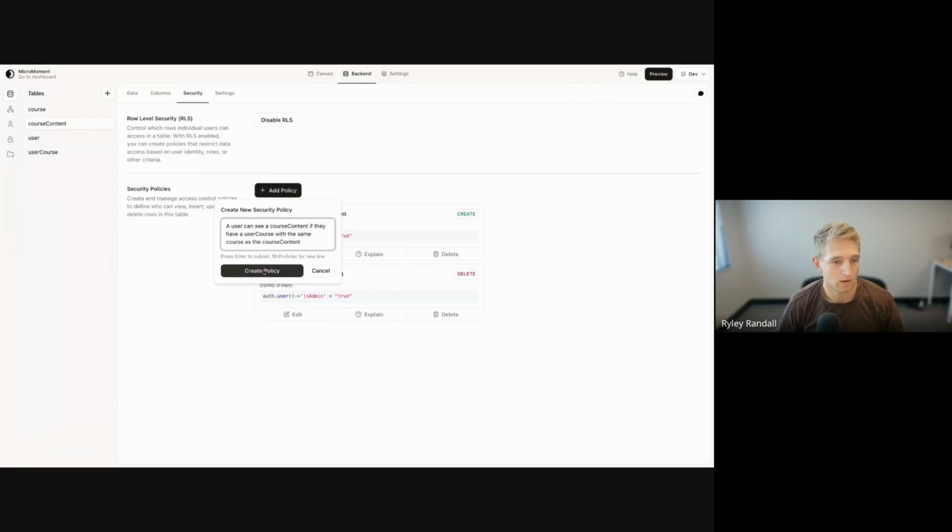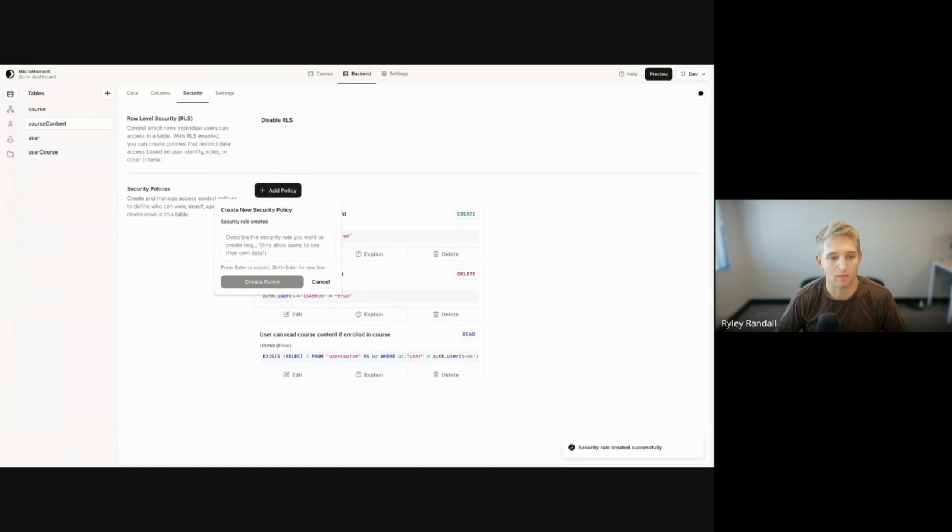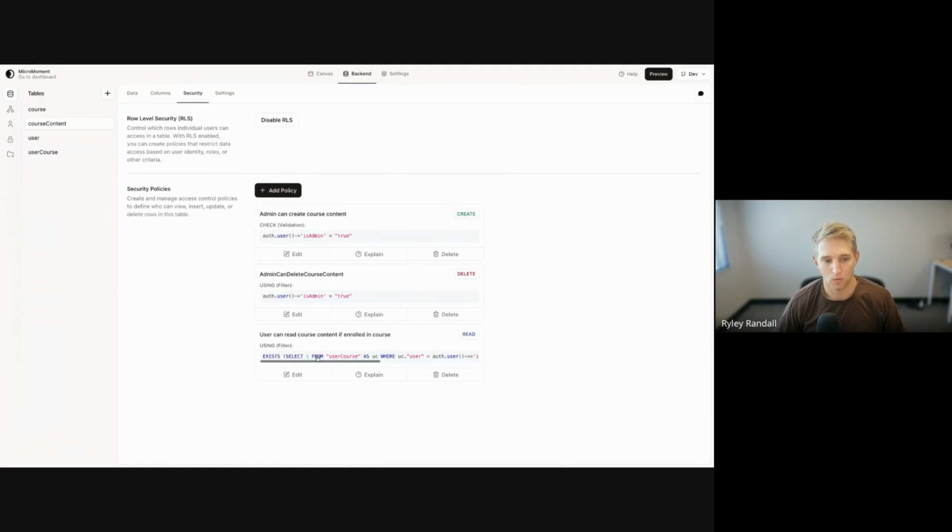Okay, so that's a pretty complex rule. I guess we should have gone and tested this before we made the rule so we could show that it didn't work. But okay, so we have this kind of crazy rule that was just written, and I'm just